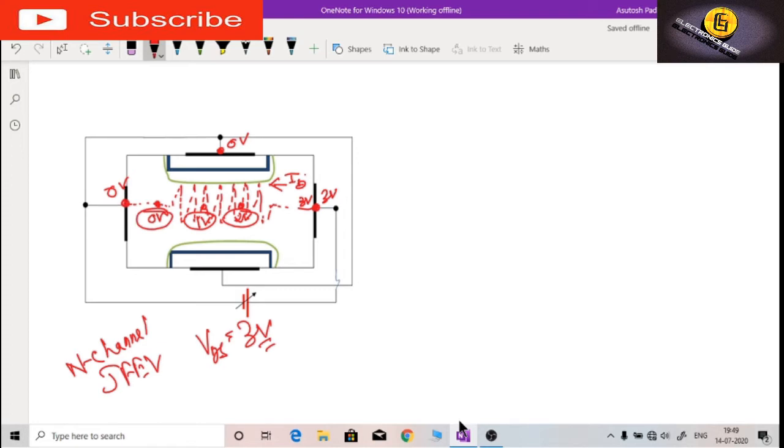And the gate-channel PN junction can be treated as 4 PN junction diodes connected between gate and channel. I may assume like this for our easy understanding. You may assume that 4 PN junction diodes are connected between gate and channel. From the lower side also, you may assume that 4 PN junction diodes are connected like this.